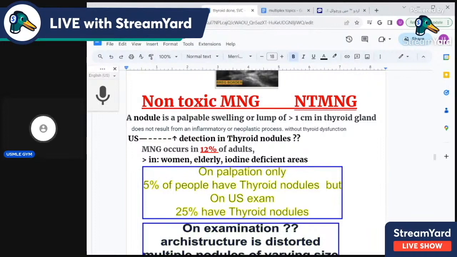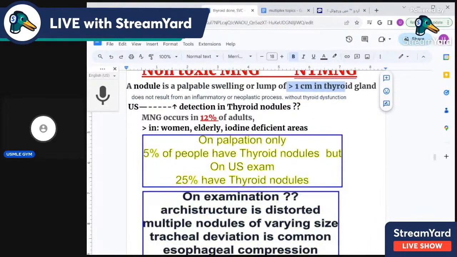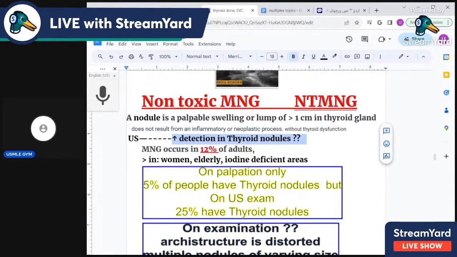Non-toxic multinodular goiter. So what's a nodule? A nodule is, on examination, a palpable swelling or lump of more than 1 centimeter in the thyroid gland, whereas ultrasound detects more thyroid nodules, smaller ones, 25%, which are as small as 3 millimeters. Non-toxic multinodular goiters occur in 12% of adults, more in women, more in the elderly, and more in iodine deficient